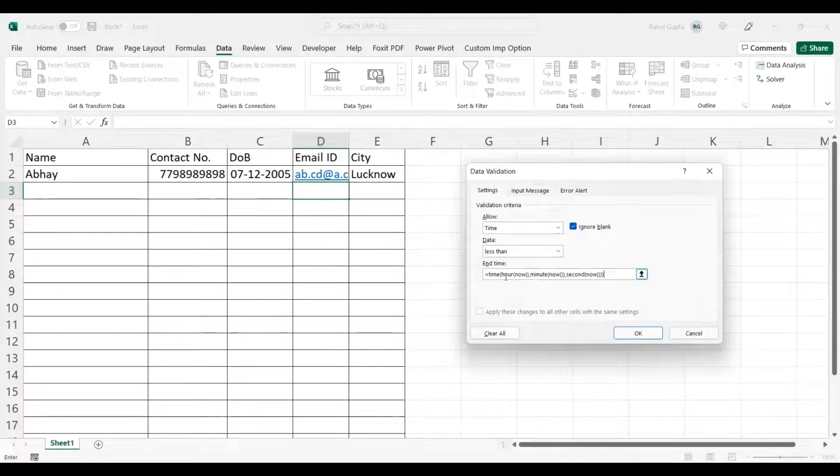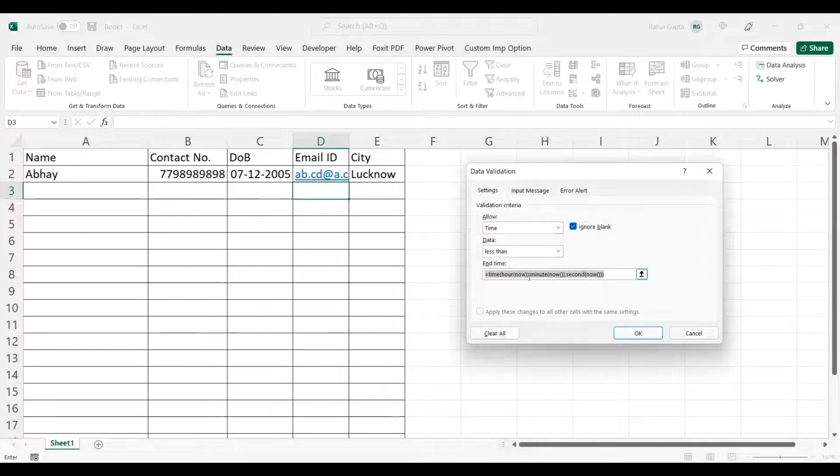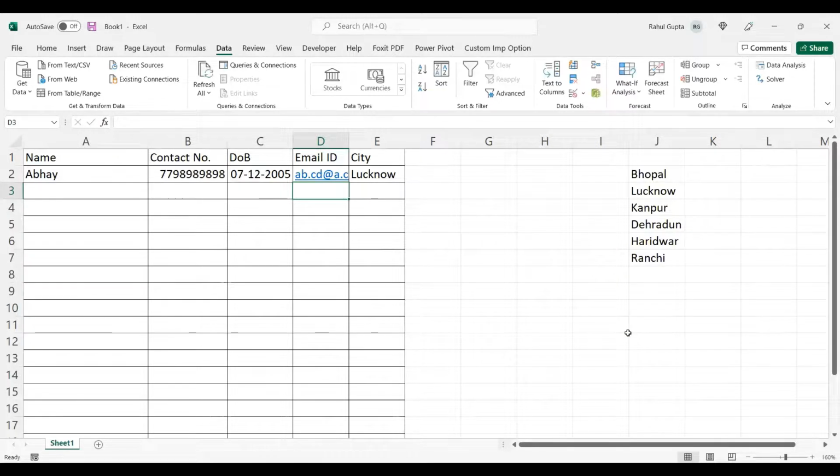Whenever you are putting the time, it should be less than the current time. So that's what I made, a time with hour of now, minute of now, and second of now. It will create a time over it. Okay, might be I have left some bracket or something. Hour now. Okay, I have not opened the bracket over here. Now it should not evaluate. Done. Now I can adjust like that.